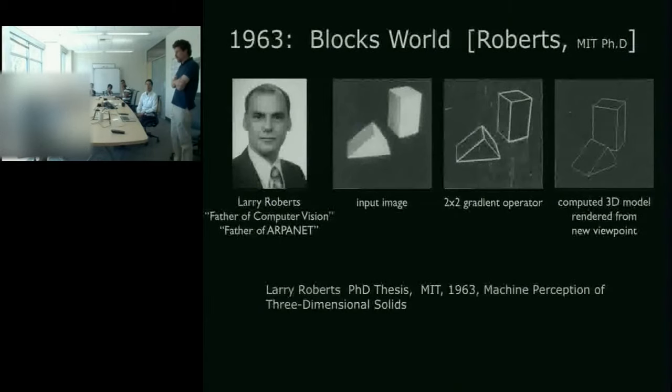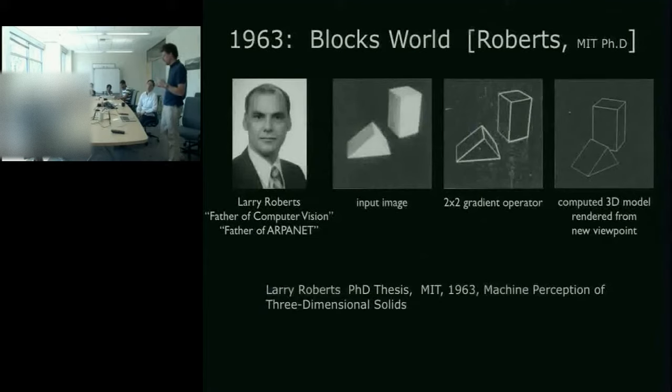I'd say that was not very well known. Almost no one I've talked to in computer vision has ever heard of the previous slide. This one is very well known. Larry Roberts, in his PhD thesis in 1963 at MIT, invented what's known as blocks world, this phase of computer vision where you take an image of a couple of blocks, and then extract where the edges are, which he did using a gradient operator on a computer, one of the first implementations of a gradient on computers. He's able to extract edges and lines, and then based on the relative orientations of these lines,